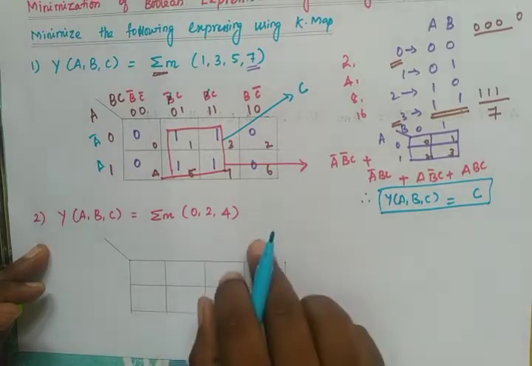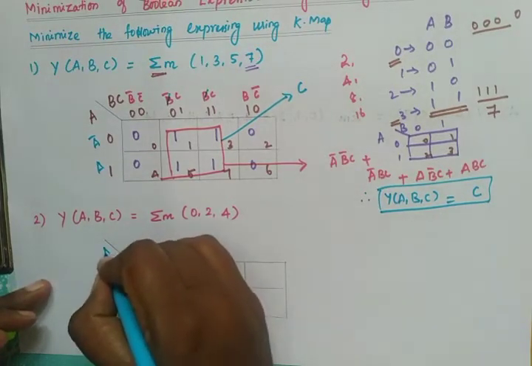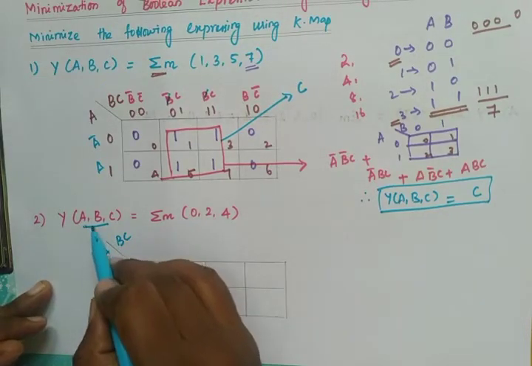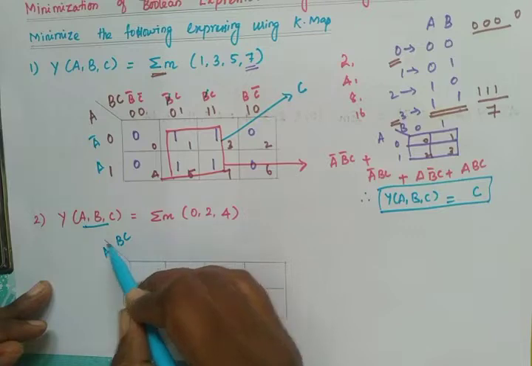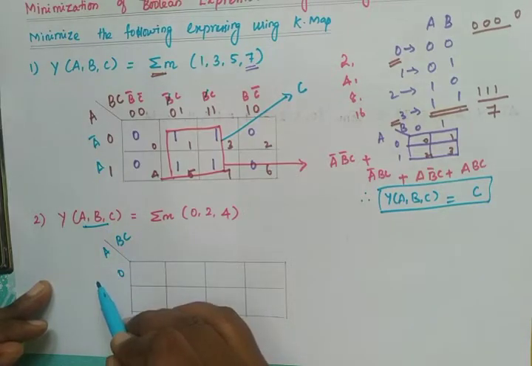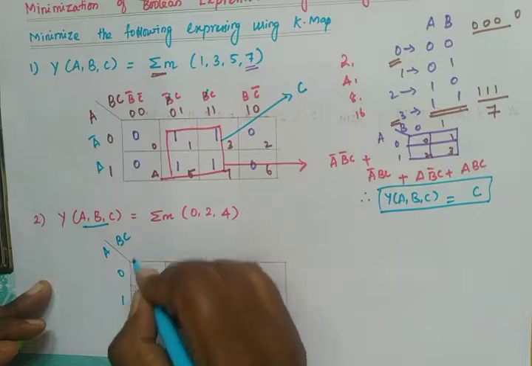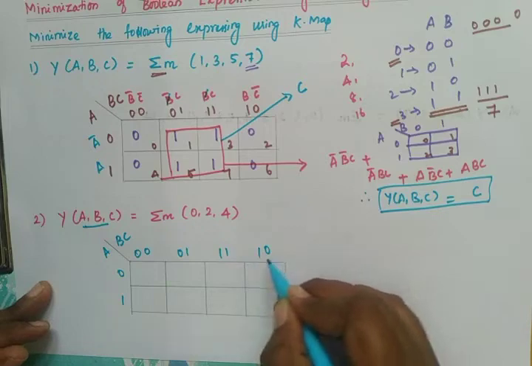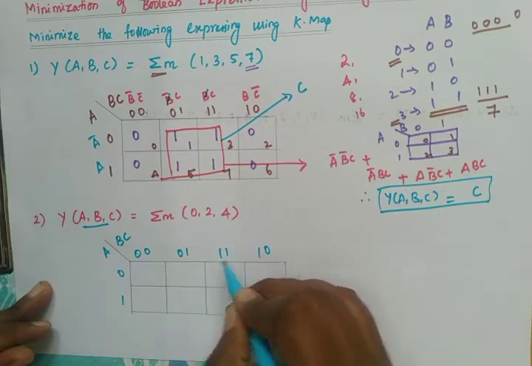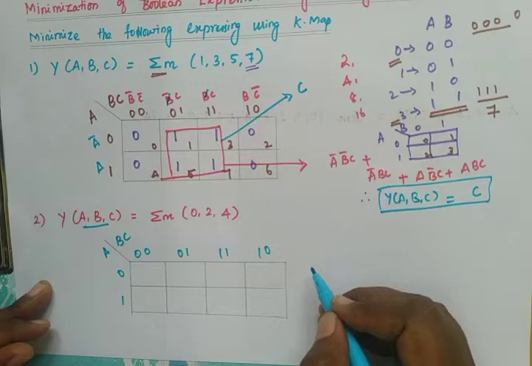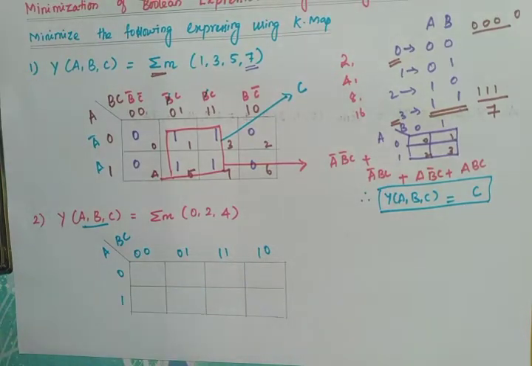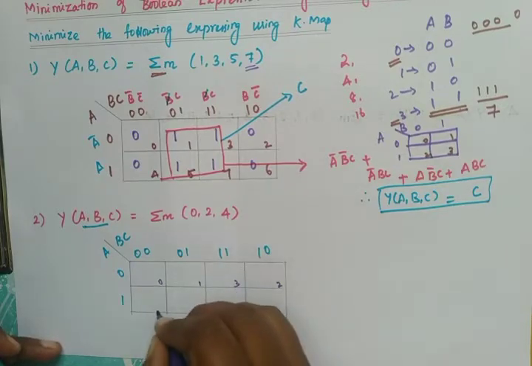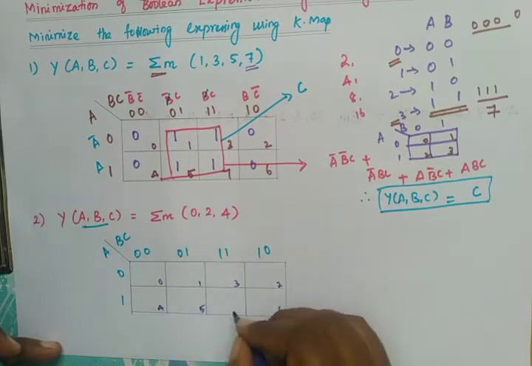Next, let us see the second problem. Again we have A, B, C here. So what is the variable? Check the variable. If we have x, y, z, then we must use x, y, z. In the question they have mentioned A, B, C, so we are using A, B, C here. So 0, 1, 0, 0, 0, 1, 1, 1, 1, 0. Always you'll get confusion with this 1, 1 and 1, 0. If you change this 1, 0 and 1, 1, then the entire problem will become wrong. So you should not change this. Now write the numbers. Here it is 0, 1, 2, 3, 4, 5, 6, 7.